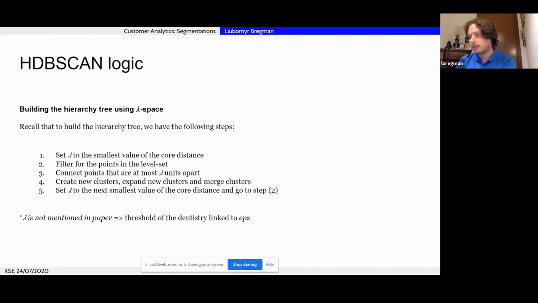Filter the points in this level set, then you connect the points at the most of lambda level connectivity, and then you create new clusters, expand clusters and manage clusters, and then you can get a dendrogram. I think specifically Python or R libraries don't create a dendrogram based on HDBSCAN automatically, but it's definitely possible to do if you really are willing to do that.